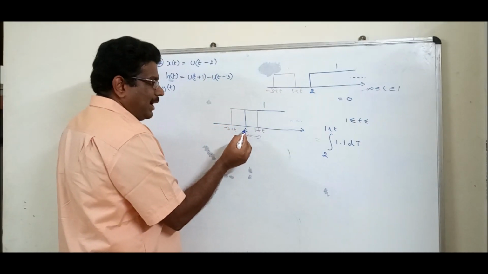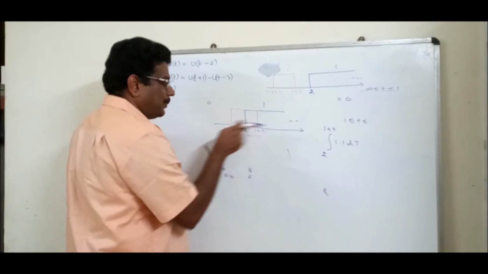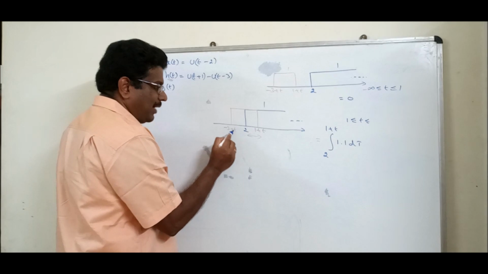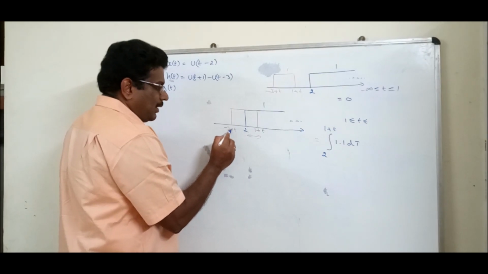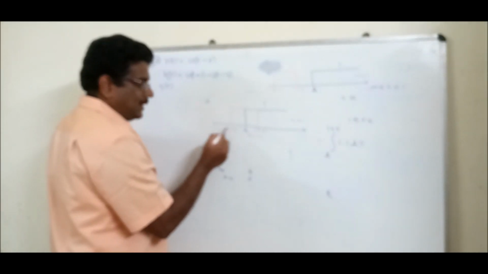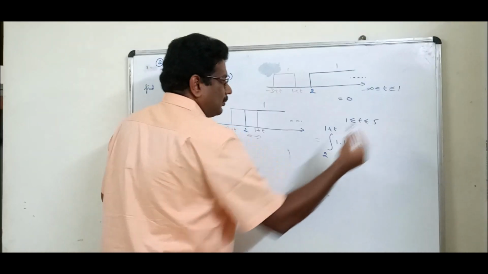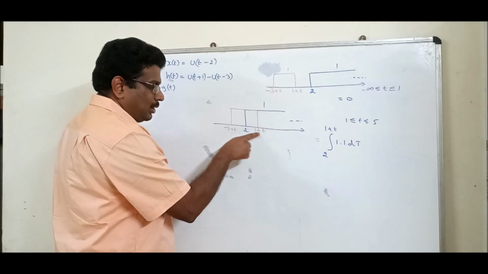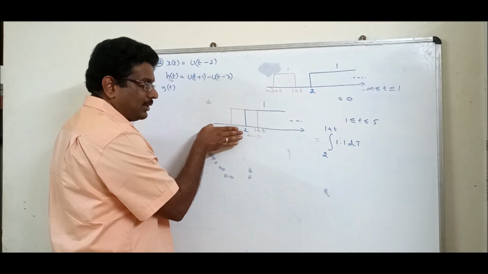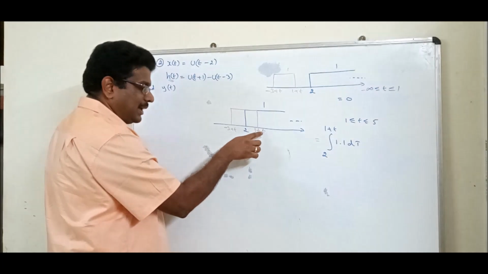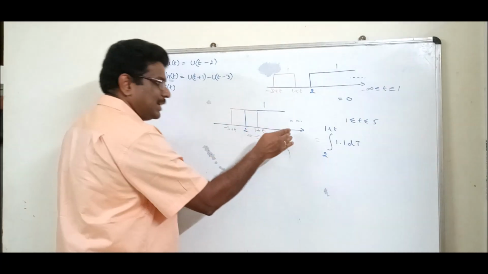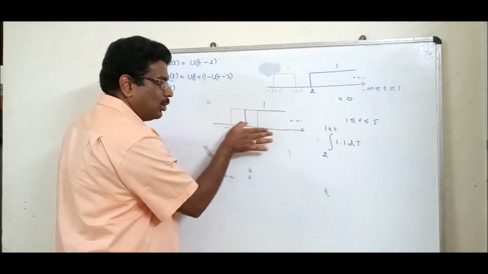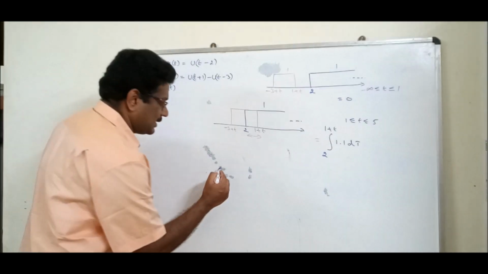What should be the t value where the increasing will stop? Once this red touches, it stops. So what should be the t value? You should say it is nothing but 5. Am I right? 5 minus 3, 2. In this region, if you put t value 1, the overlapping starts. If you put t value 5, 5 plus 1, 6, it goes here. 5 minus 3, 2, it comes here. That is what that value is. It will go on increasing. What about the next sketch?